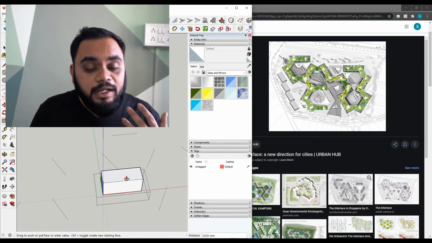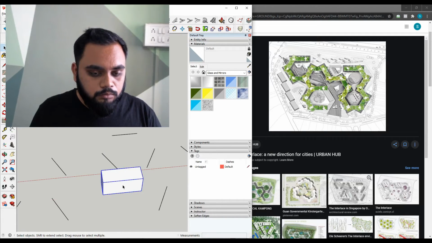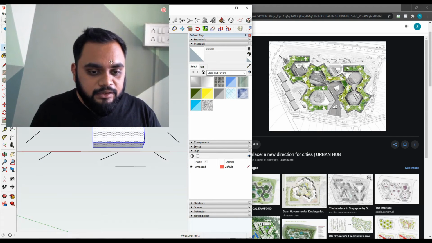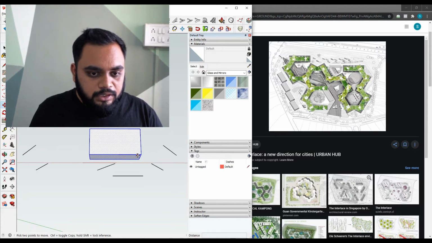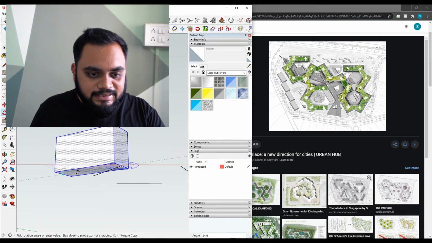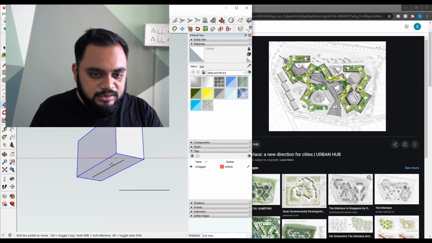Or even if you don't make it into a component, that's totally fine. Let me just explode this, because you are anyways going to place it into a component. Now I'll place the center point over here, then we'll rotate it, press the up arrow key so that you get the axis fixed. Then you can place this in the center.